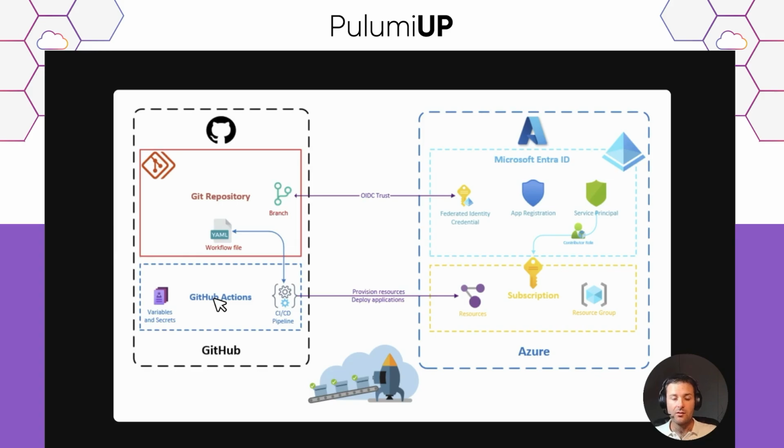On the Azure side, we have some resources to configure in the Microsoft Entra ID. We have an app registration to create. We have a service principal also, and we have to configure a federated identity credential. It's this part that will make the OpenID Connect trust work. Of course, we will have to assign a Contributor role or another role on our subscription for the principal to be able to do some things on the Azure subscription. Now, enough talk. Let's go see that in action directly in the code.